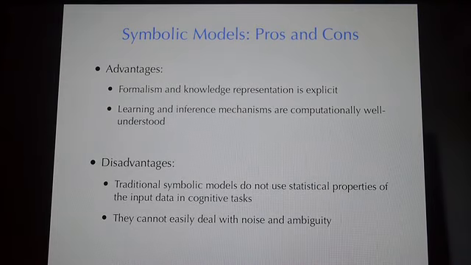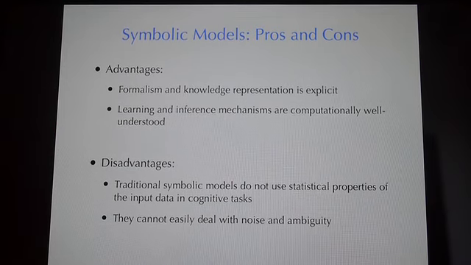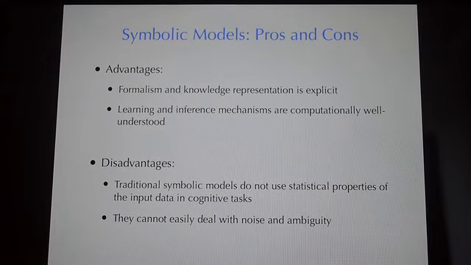The disadvantages are that the traditional symbolic models do not really rely on statistical characteristics of the input data, which has been shown over and over again to be very important to human beings. They cannot also easily deal with noise and ambiguity in the data, which is also a very serious limitation of